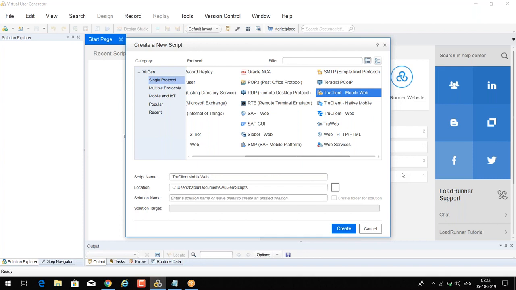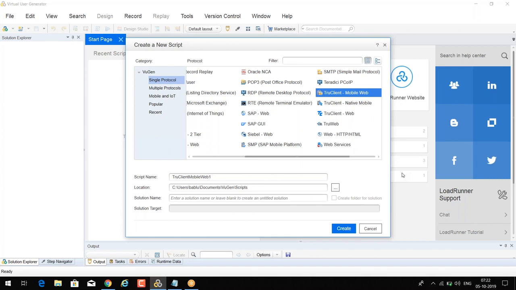The advantage of true client is it is easy. Compared to web protocols it is easy and takes less time. Then, if you want to measure the response time at the end user level, you can measure it. The third thing is you can use this tool for automation as well.